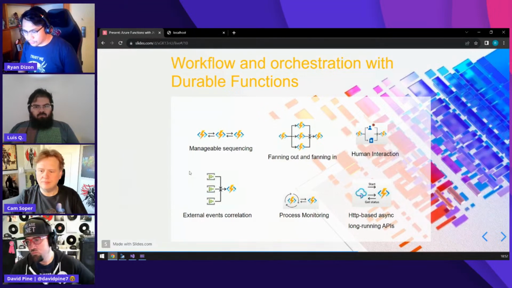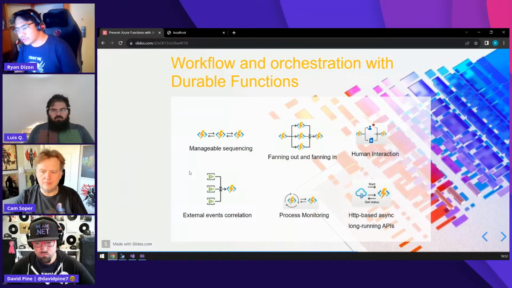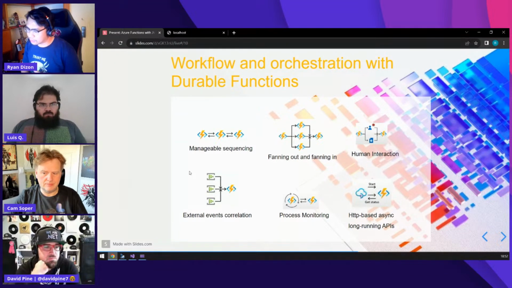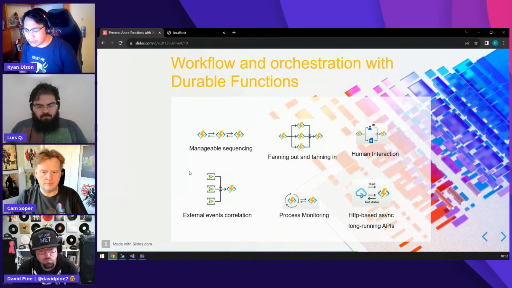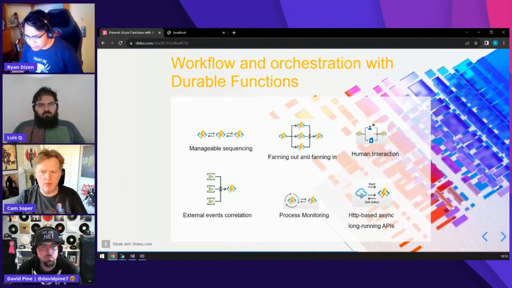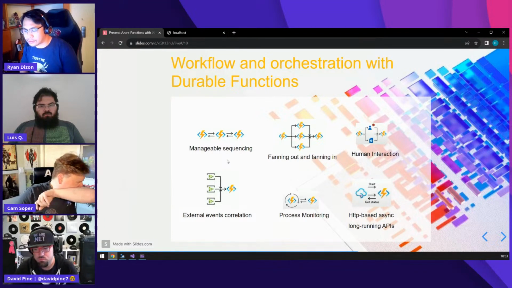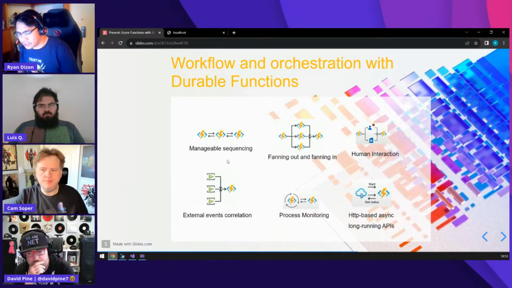So for workflows and orchestration, we also have durable functions, where you have different approaches to work with Azure Functions. Maybe some questions are related to this. We have function chaining, which can handle your different scenarios.